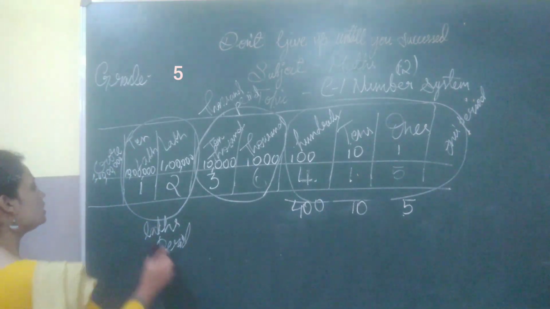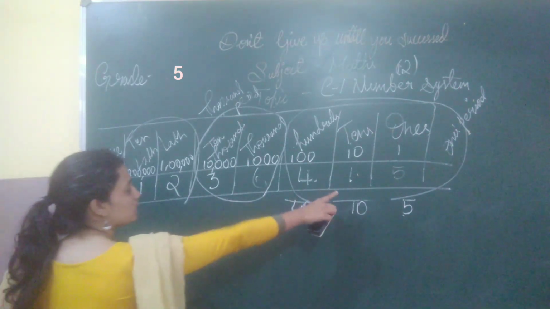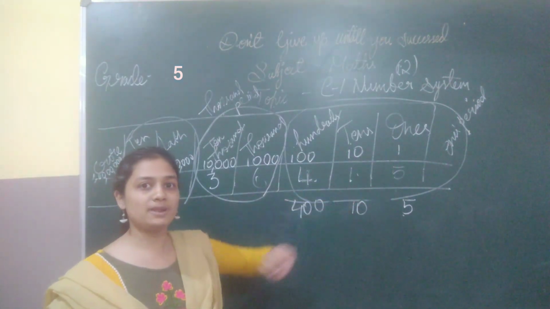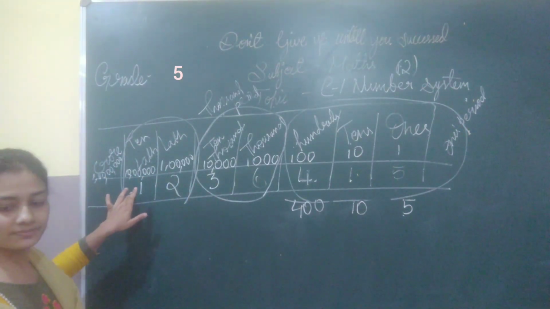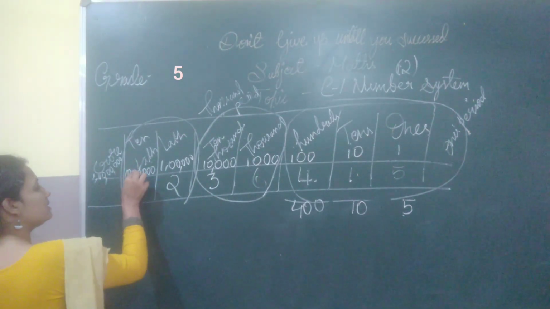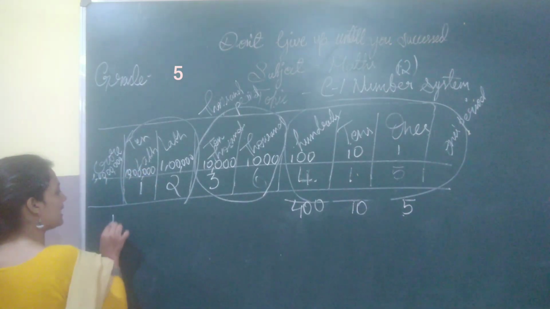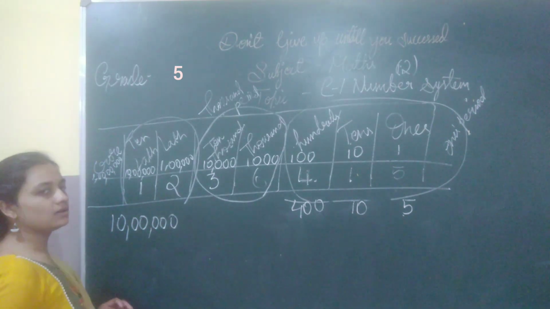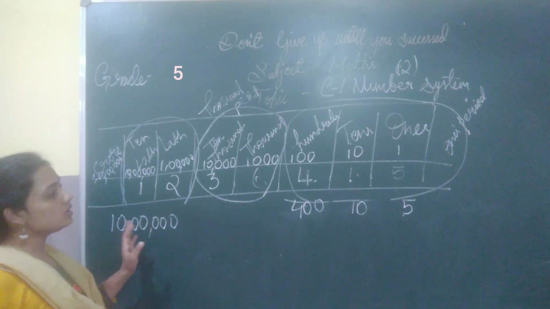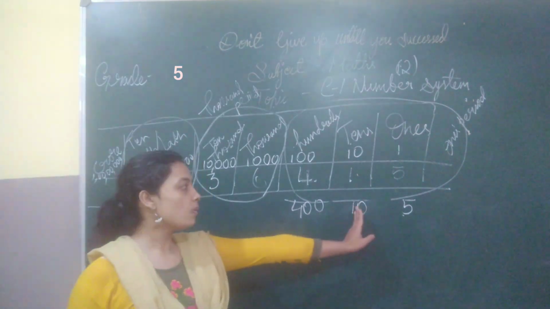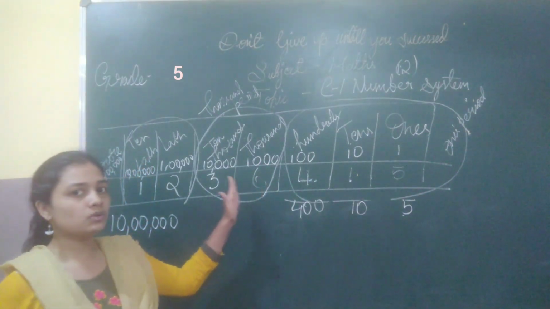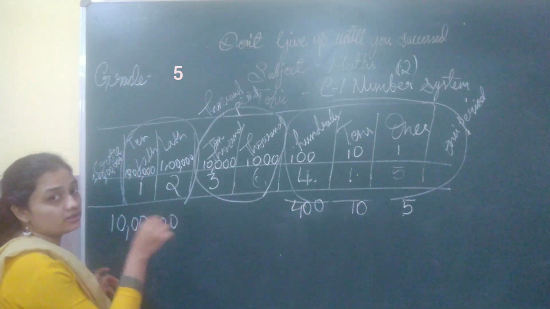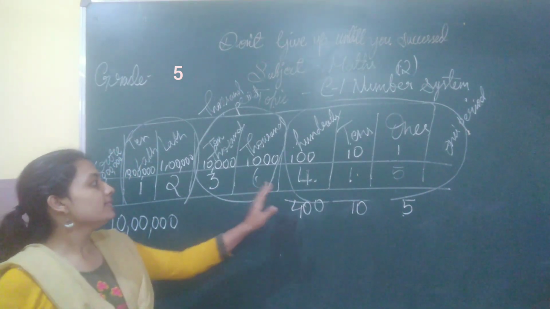So as with place value of 1 in this, see, 1 is there also, but 1 is here also. 1 place value here is 10 because it is in the 10 place. 1 place value here will be 10 lakh. Multiply with 10 lakh. 1 into 10 lakh is 10 lakh. Okay, children? So just check, the number of zeros will go on increasing. There are no zeros, 1 zero, 2 zeros, next comes 3 zeros, 4 zeros, 5 zeros, and you have 6 zeros here. And zeros go on increasing. That's the difference, children.